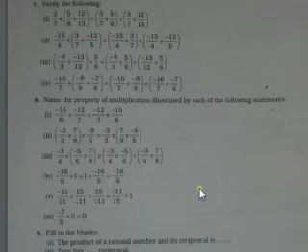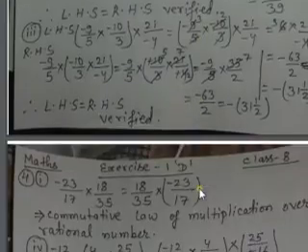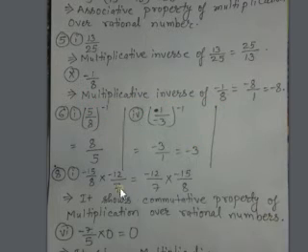So you can see over here. This is question number 4, and after question number 5, I had written the multiplicative inverse of 13 by 25 is equal to 25 by 13. In the same way, if you see, I had written the multiplicative inverse of minus 1 by 8 is minus 8 by 1, because minus is always at the top, so minus 8 has been written.